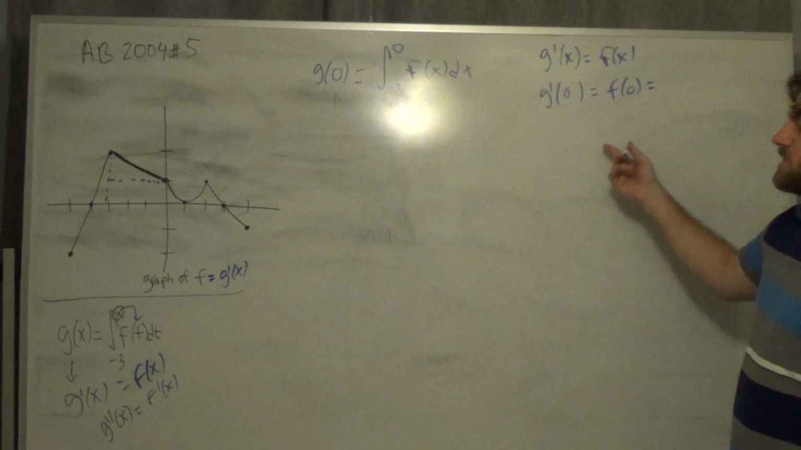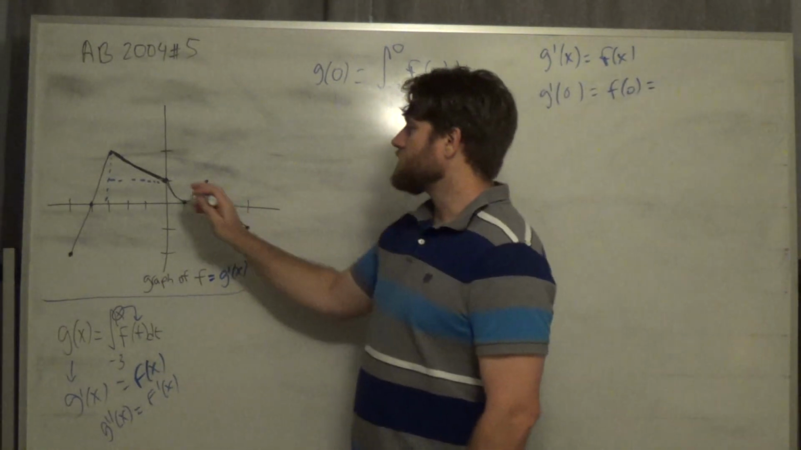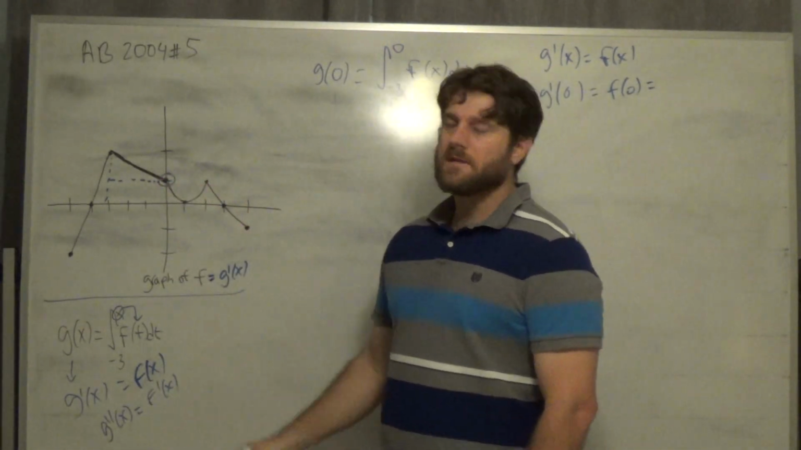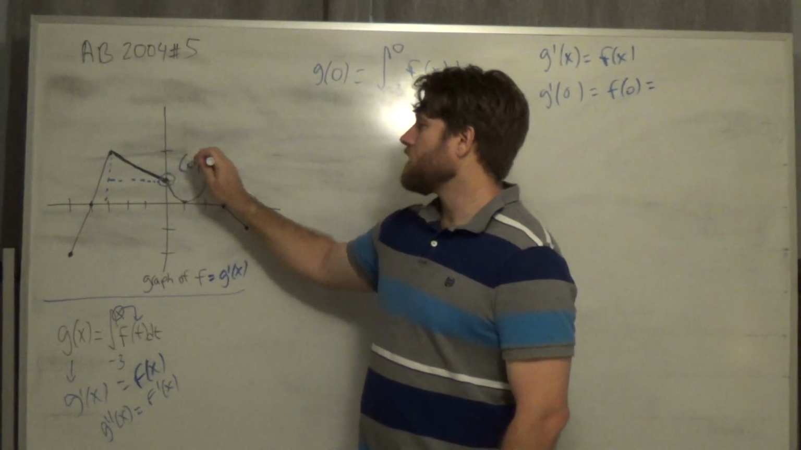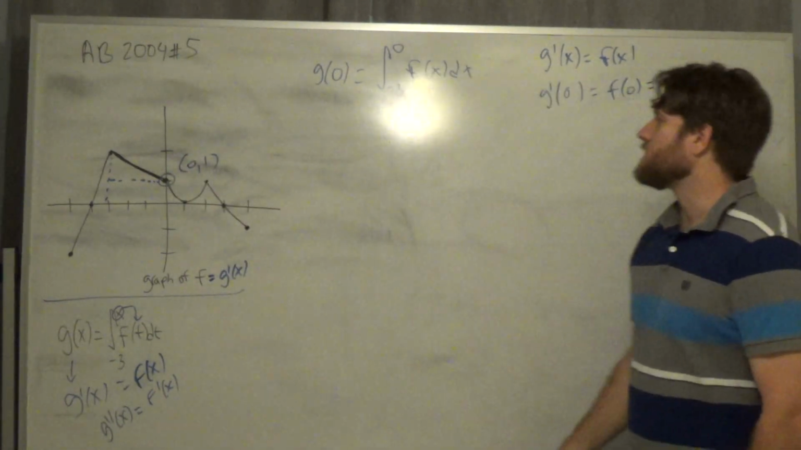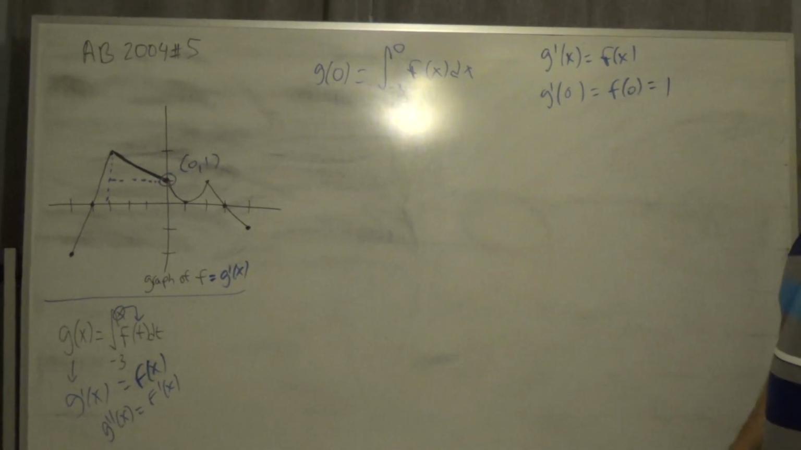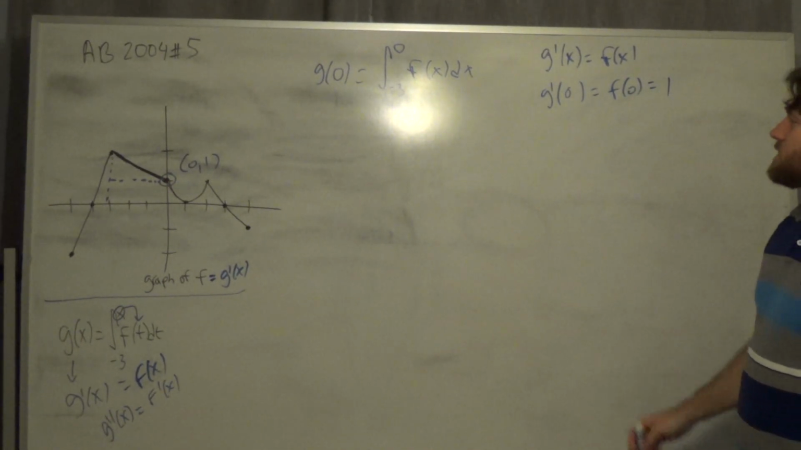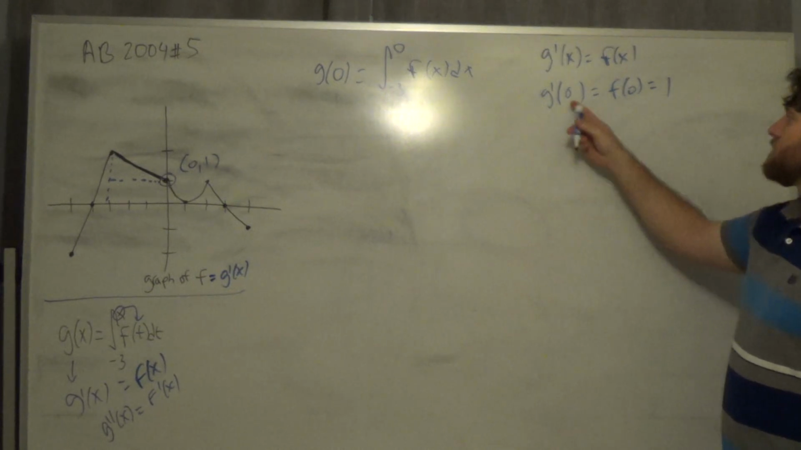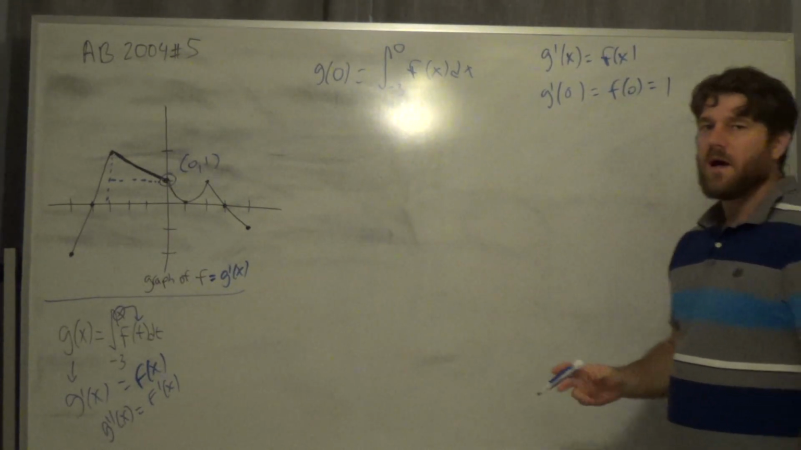Well, if this is the graph of f, f of 0 is simply what's that ordered pair right there. That's the ordered pair 0, comma 1. F of 0 is simply 1. So g prime 0 is f of 0, which is 1. Alright, so those are my two answers for part A, g prime 0, and we already said g of 0